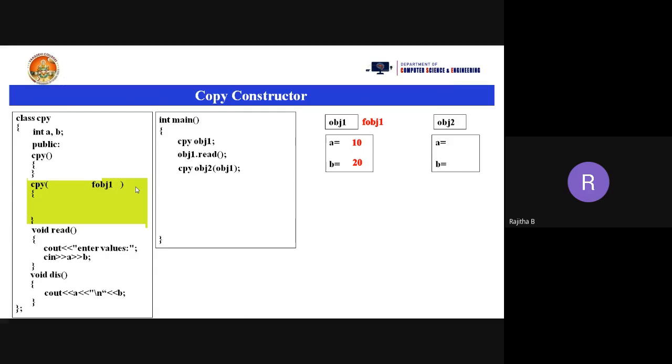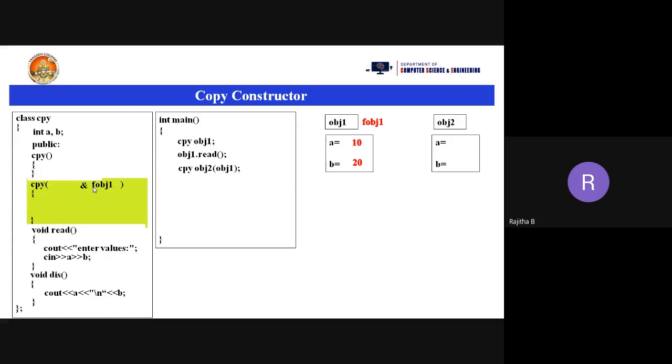So what will happen? Actually, it is not copying. We are giving one more name to obj1, that is fobj1. This will happen when you are taking obj1 and it is passed into the formal object 1. Then I am taking the reference variable. This is a new operator in C++.